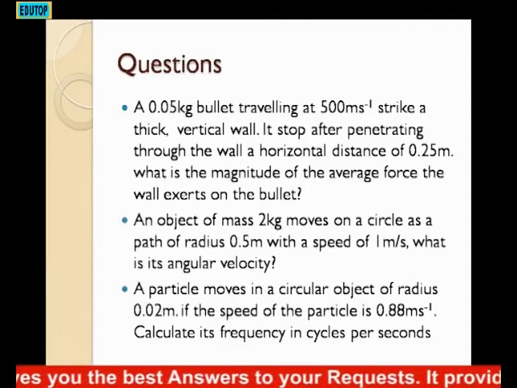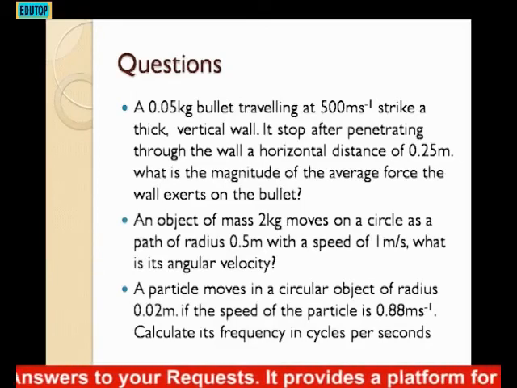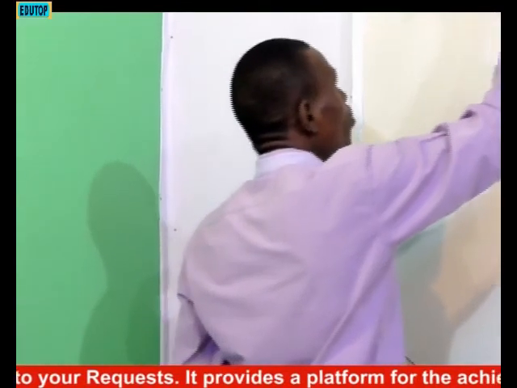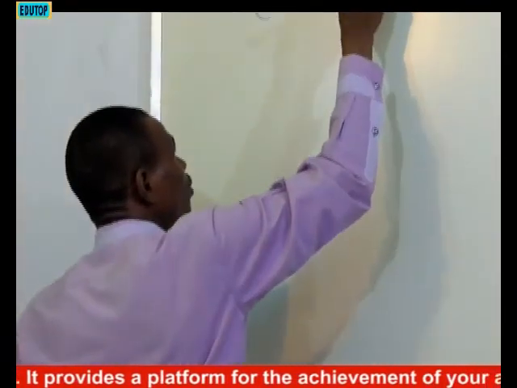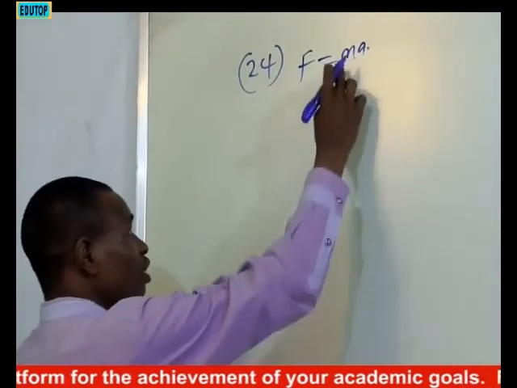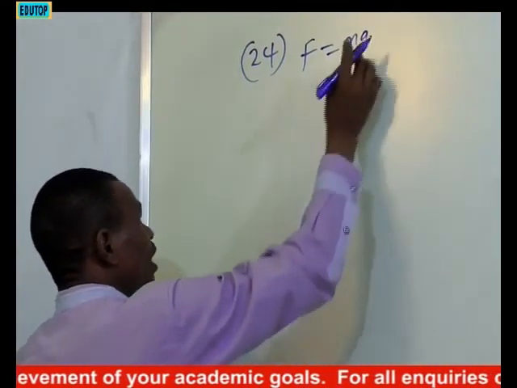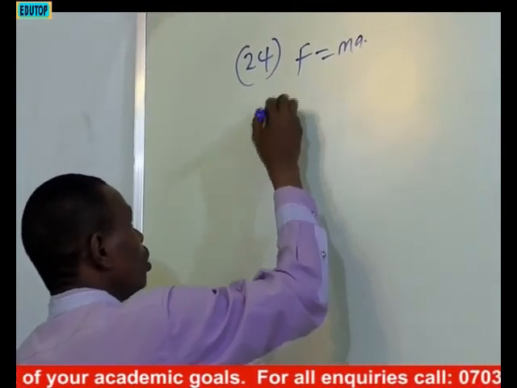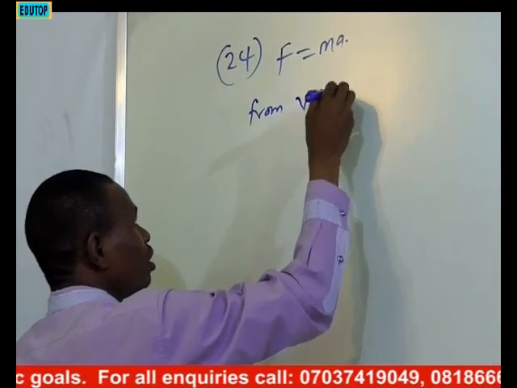What is the magnitude of the force the wall exerted on the bullet? The magnitude of the force will be equal to the mass of the body and the acceleration. We are given the mass. We need acceleration. To get the acceleration, we are coming from the equation v squared